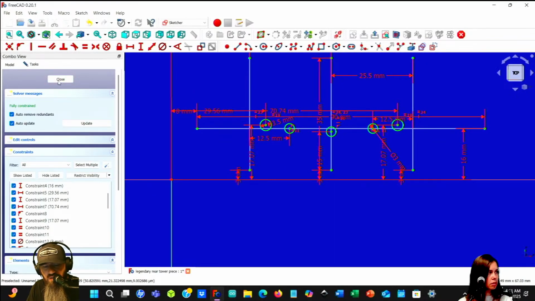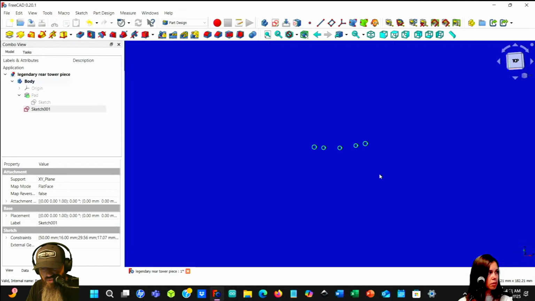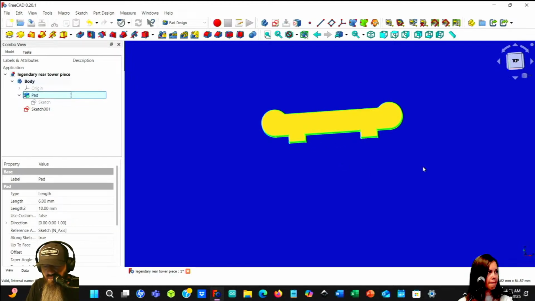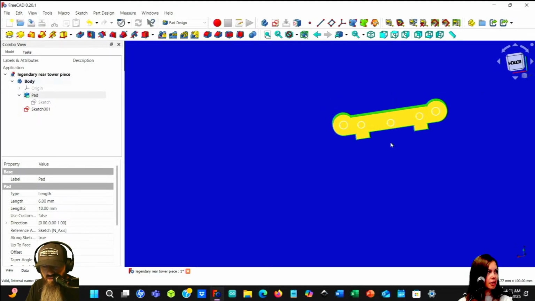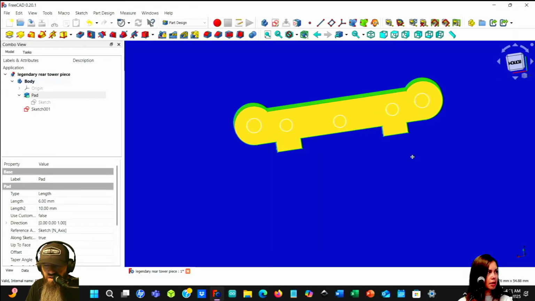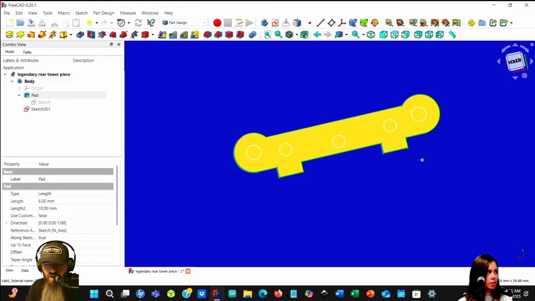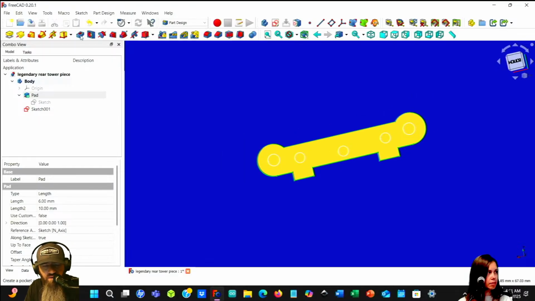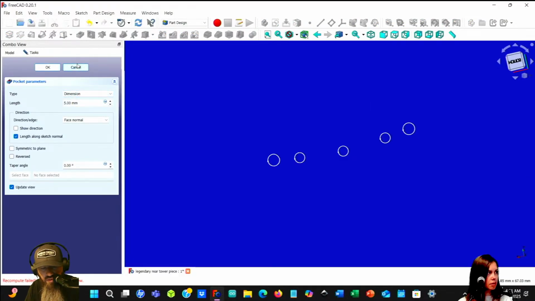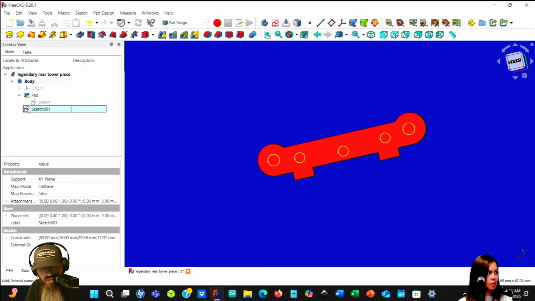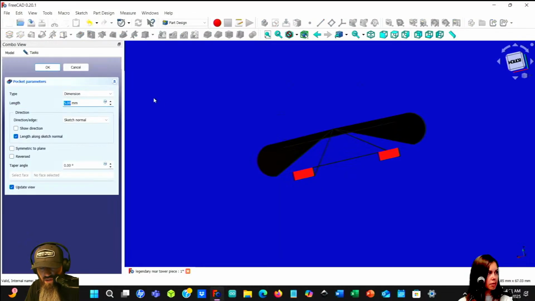So now I push close. And I have just a bunch of holes in space. Nice. So now what I'm going to do is put the pad back up. And now I'm looking at the bottom of it, but I don't have any holes yet. That's just a sketch, right? Okay. So now what I'm going to do is do something different called a pocket. And this is going to take away, well, maybe it would if it would. Let's click on the sketch this time and try it.